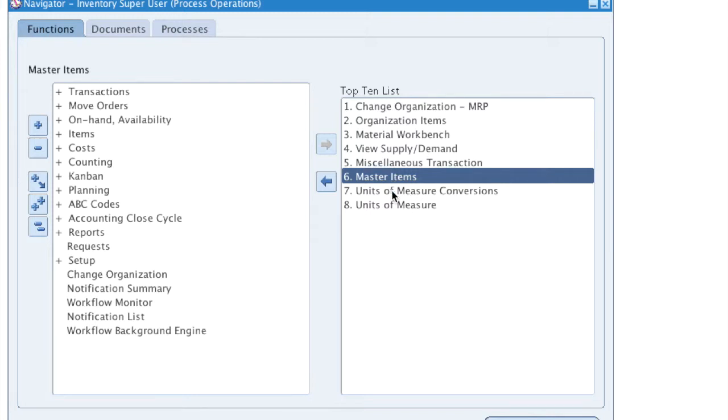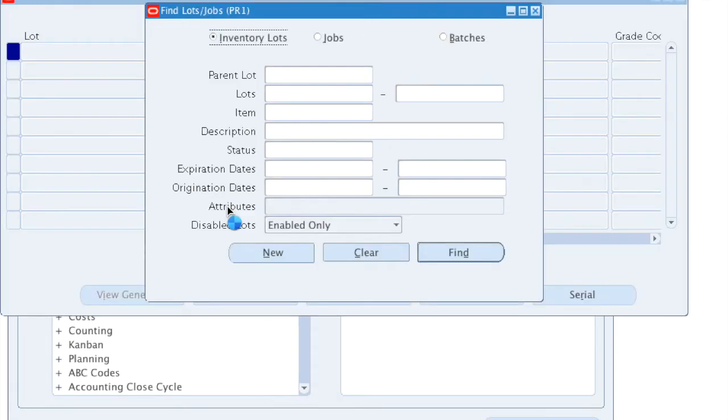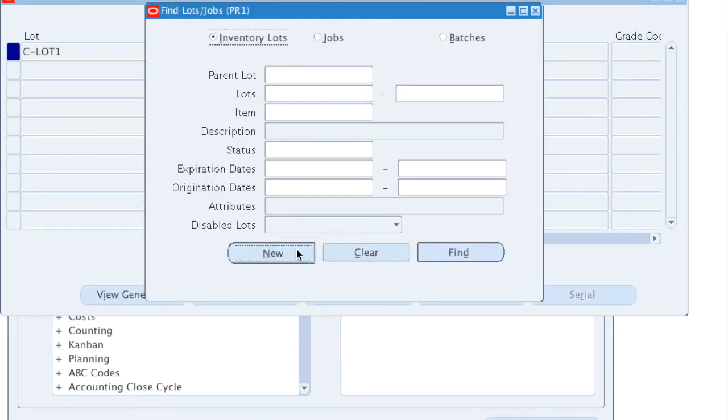Now we have a couple of new items in our hands, and how do we use them in the lots? Let's go to the lot master screen and start creating lots. We'll first pick the first item that we created, that is child 1. Remember, this was not supposed to have a parent lot, so the moment I tab out of the items field, the parent lot field is grayed out. All I can do is create some new lots for it. Obviously I could have generated the lot by pressing the generate lot button, but I'm just going to create a lot called C lot 1. That's a child lot. By the way, I could have created the lots during some transactions, and I'm just pre-creating the lots here.